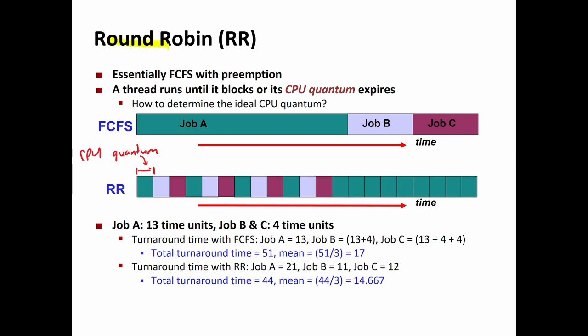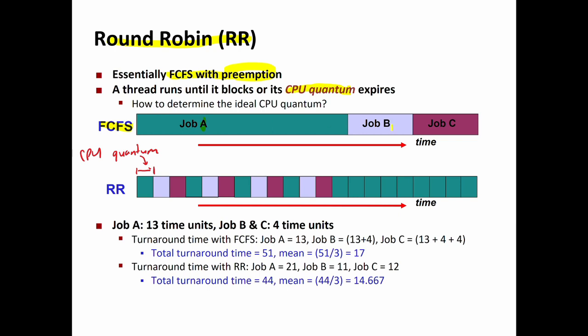scheduling policy, which is called the round-robin policy. This is essentially first come first served with preemption. What we do is we define a CPU quantum, which is the maximum amount of CPU that a thread can execute without interruption. Okay, so in FCFS, if you remember, if we have at time 0